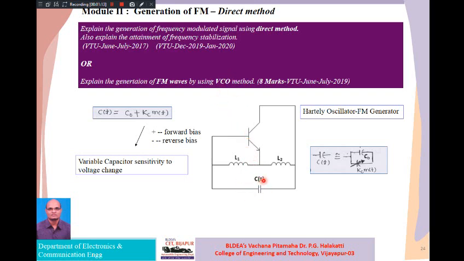The capacitor here is treated as a varactor diode. In place of the capacitance shown here, a varactor diode can be used, which normally operates in reverse bias. This varactor diode replaces the capacitance and is connected as an important component of the Hartley oscillator, that is, the feedback path. Whether you use a varactor diode or a capacitance, nothing will matter; only the Hartley oscillator tank circuit will matter.